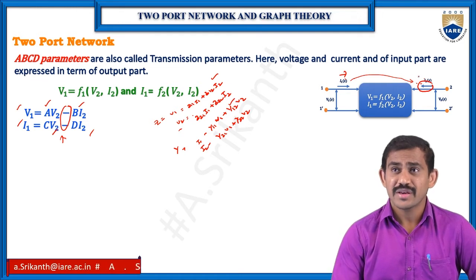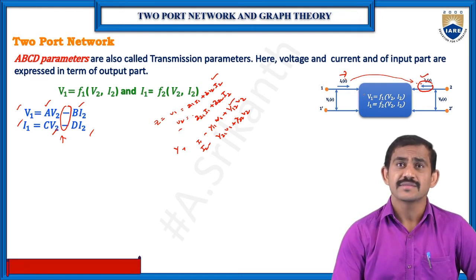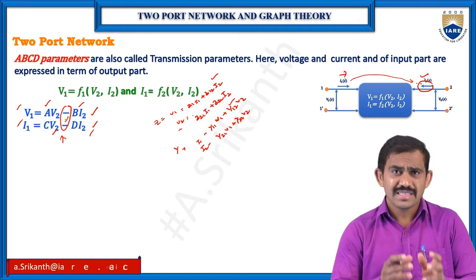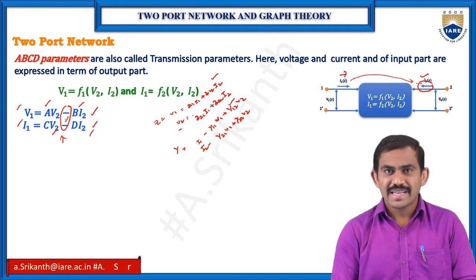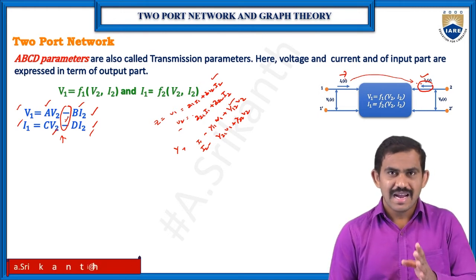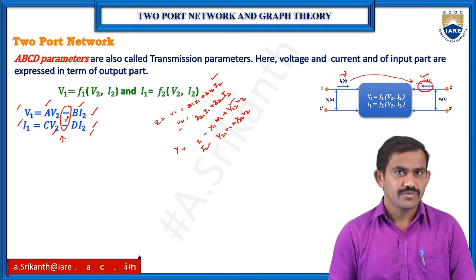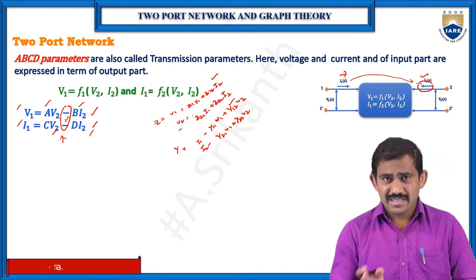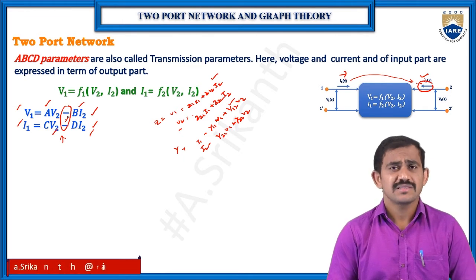Reverse means where you have the secondary current, the I2 values, there the direction is reversed. Just mention the direction is reversed, that's it. So the minus value means the direction is reversed. Nothing else will happen. The answer for A, B, C, D is the same whether you have plus or minus.